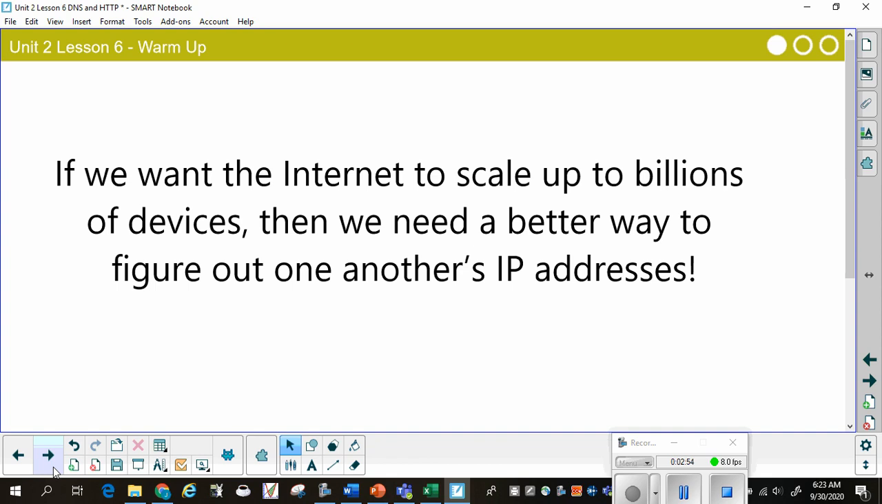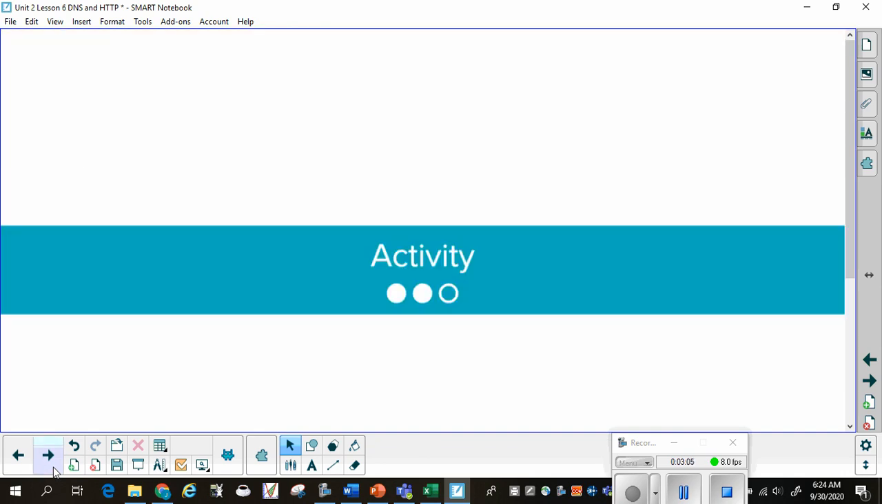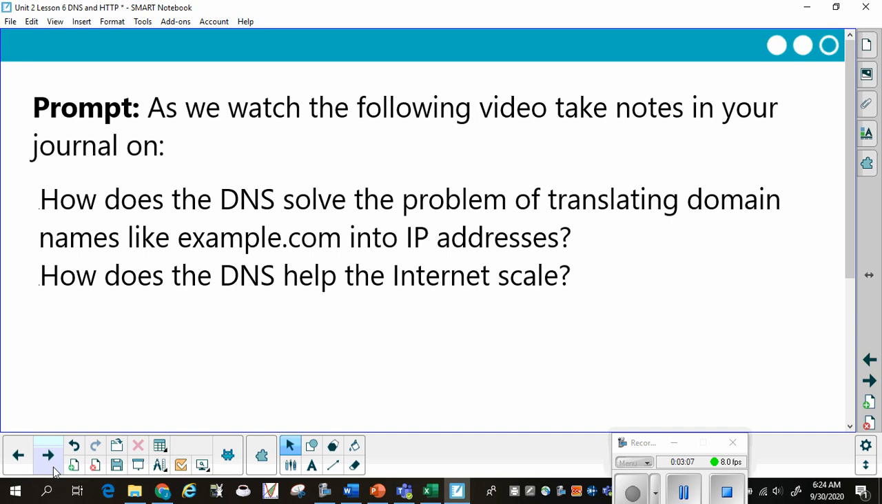Now, if we want the Internet to scale up to billions of devices, not just a handful, but billions, then we need a better way to figure out one another's IP addresses. As we watch the following video, you're going to take notes in your journal on how the DNS, or Domain Name Server, solves the problem of translating domain names, like example.com, into IP addresses,